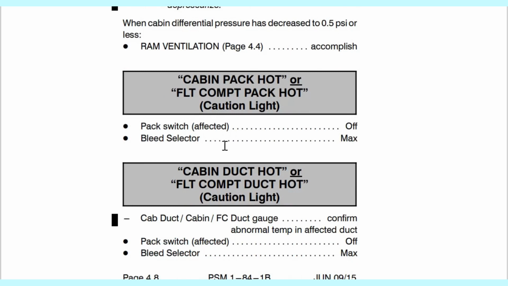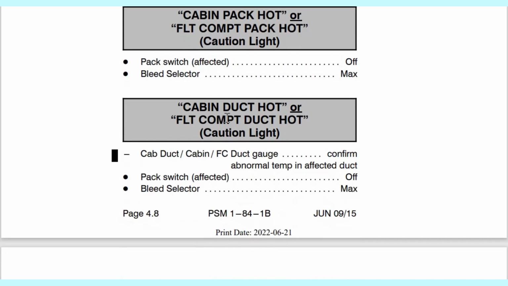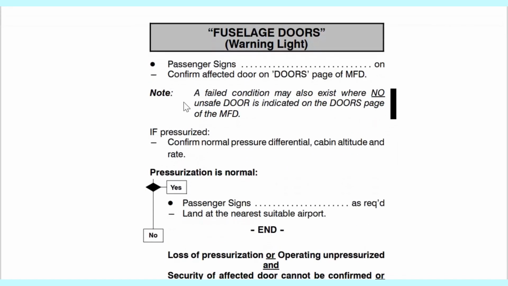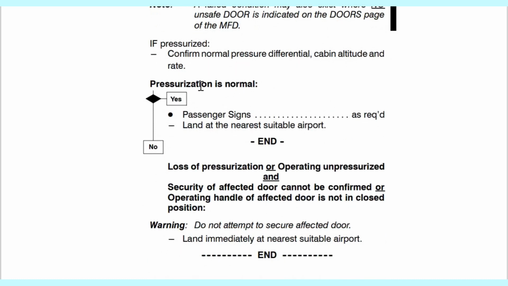If you have, let's say, a fuselage doors warning light, you do the actions. Again, as I've told you, do each action before you think of the worst of descending. Do each action and then go to the questionnaire that the QRH is asking you. Pressurization is normal? Yes. Here it says, land at the nearest suitable airport. If you remember from my introduction, I explained what this is. You can go back to that one. If you have the QRH hard copy with you, you can even check what it means. So here it says, land at the nearest suitable airport, which means you can continue, but you need maintenance action at the destination.